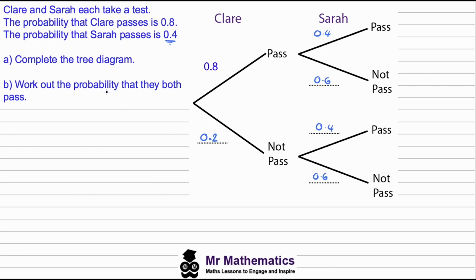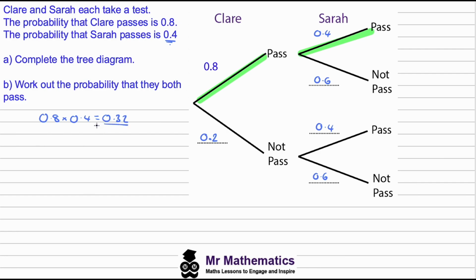Then we want the probability that they both pass. So this would be a pass followed by another pass. So we're looking at 0.8 multiplied by 0.4, which will give us 0.32. Okay,